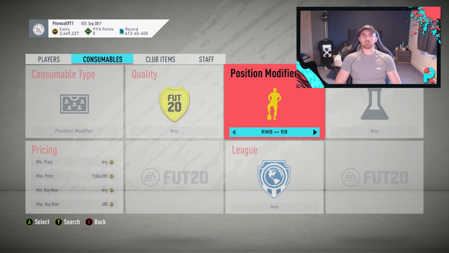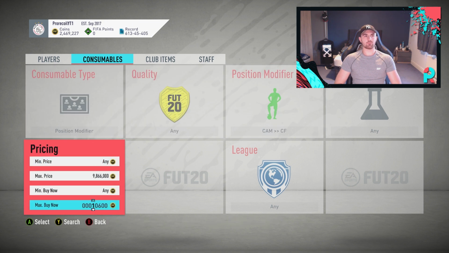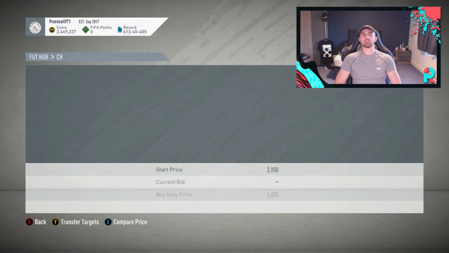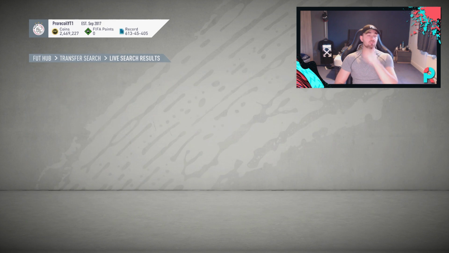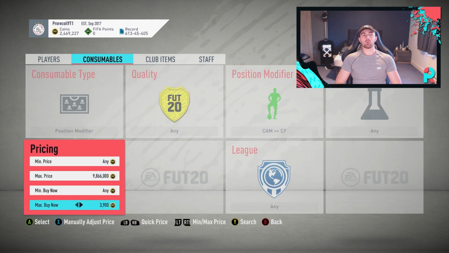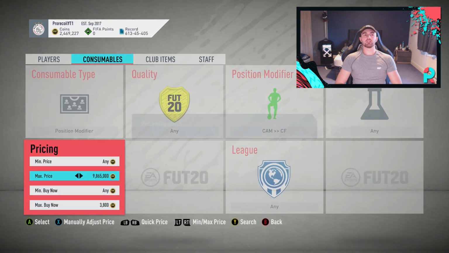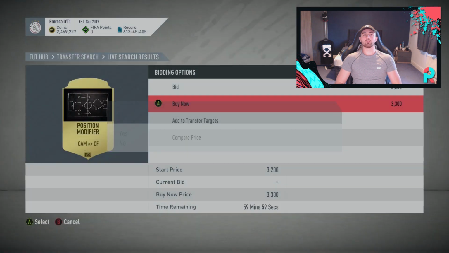is going to be, if I can find it, the cam to centre forward. Now this card is going for what I believe is about 4.1k. So we've got 4 there, 5 there. It's going for 4.1. You're going to want to pick it up basically at 3.8 or below. Now I've still got a few of these that I picked up at 3.4, which are on my transfer market. Once again, kept those to show you examples. We got that